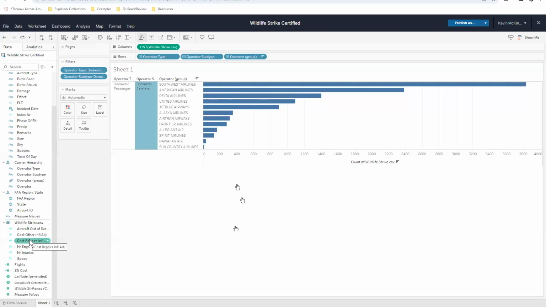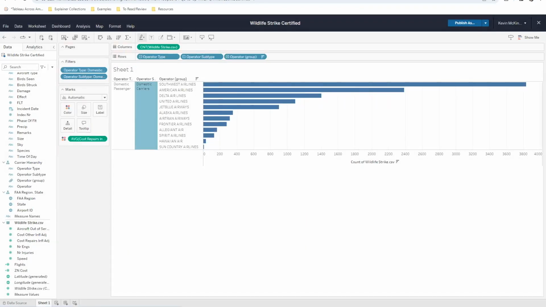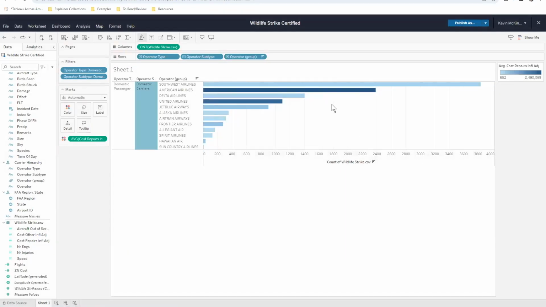Let's take a look at this data when we look at the average cost of repairs. In this case, these two carriers really jump out, indicating a high cost of repairs, especially when we consider some of the other carriers. I'd like to have more information about this.